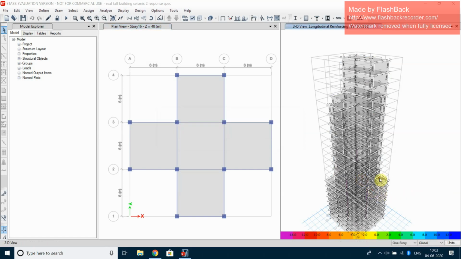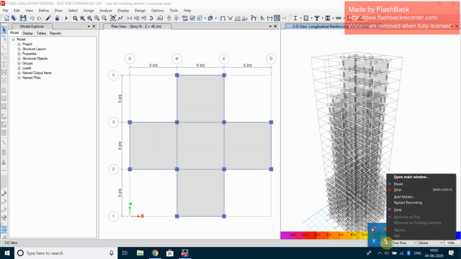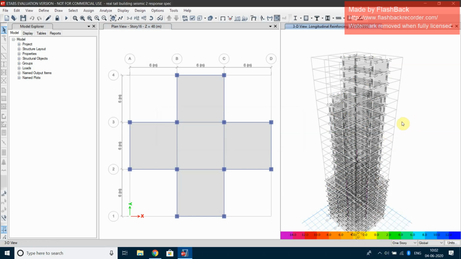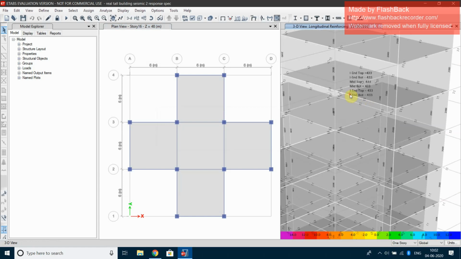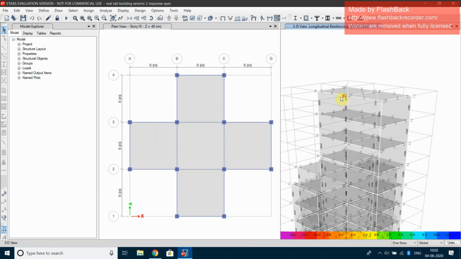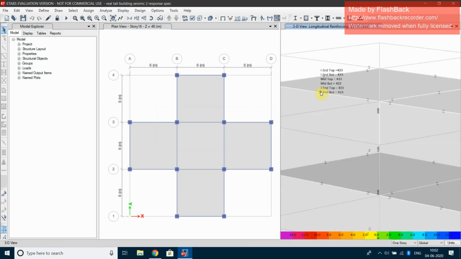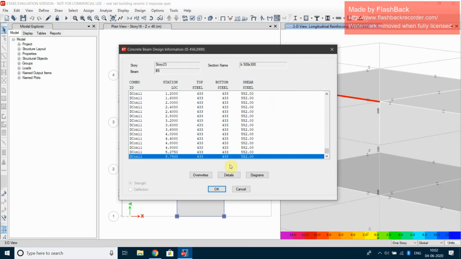So our design of the structure is done, and as we can see, the various reinforcement values, that is the upper side reinforcement on the beams and the lower side reinforcement. If you right click, we can get the details.